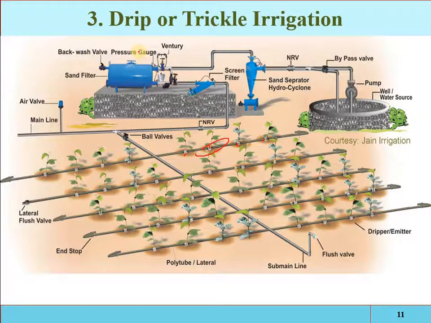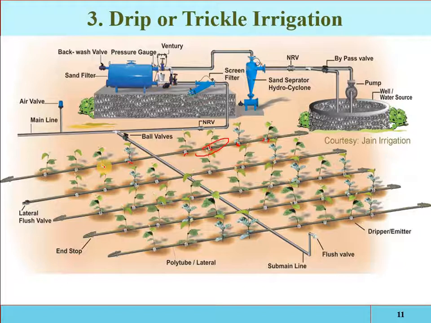So the treatment will be required. And also remember, by these two systems, sprinkler and drip irrigation, fertilizers can be applied. We can apply the fertilizer into the water, and then it will be directly applied to the root zone of the plants. So the water is applied in flexible pipelines operating at low pressure and is applied to the plants through the drip nozzle. Here we have a nozzle which is discharging a continuous and uniform amount of water into the root zone. This technique is also known as the feeding bottle technique, because the water is fed to the root drop by drop.